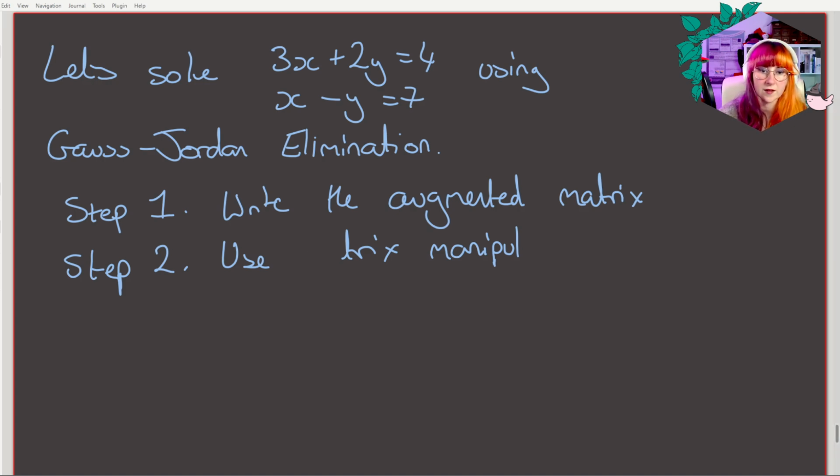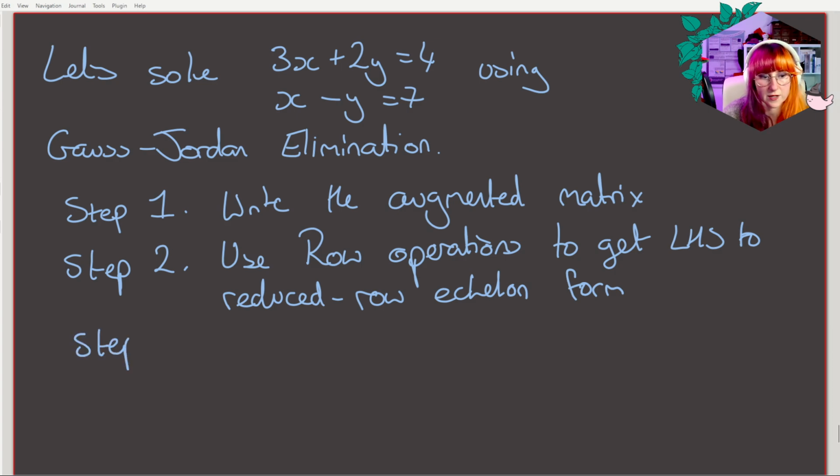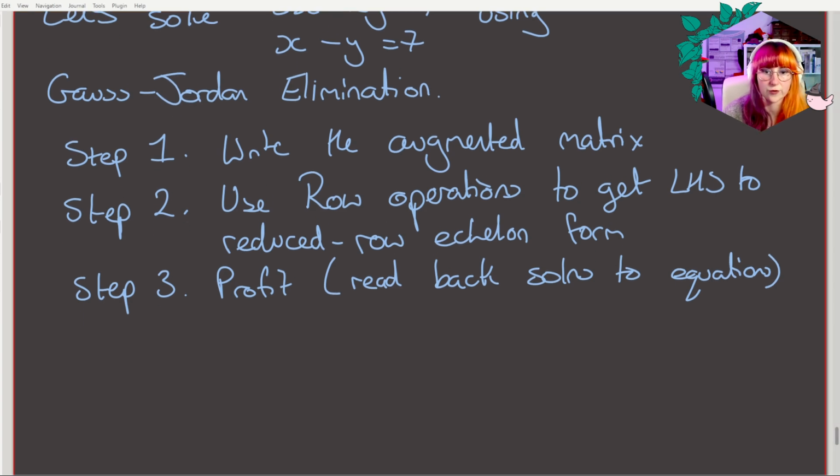Yeah. And then step 3, profit. By that I mean read it back as 2 equations. Okay, so we need to know our row operations,